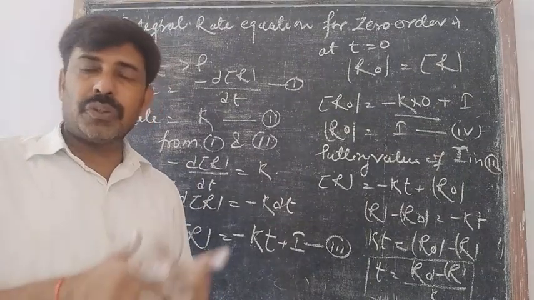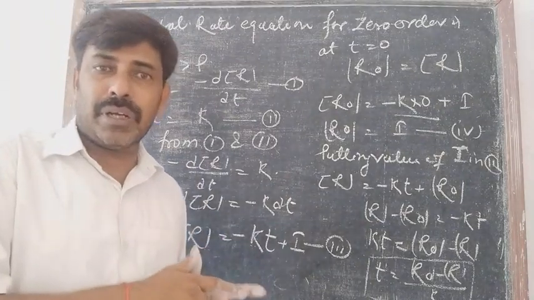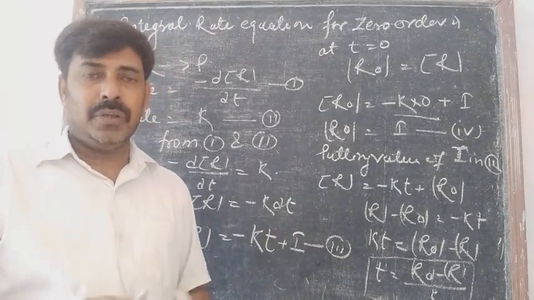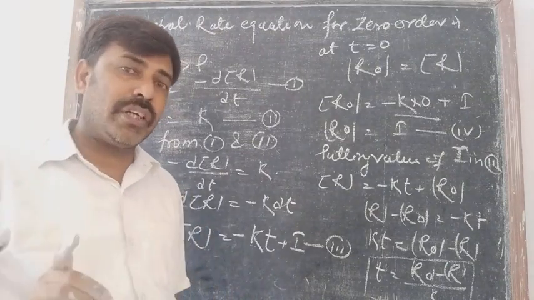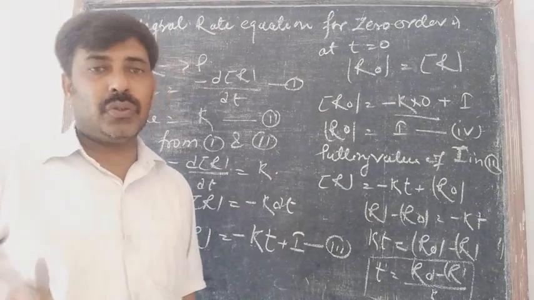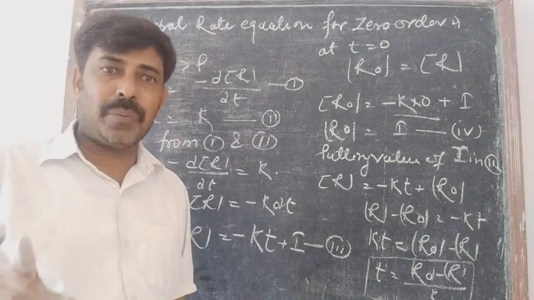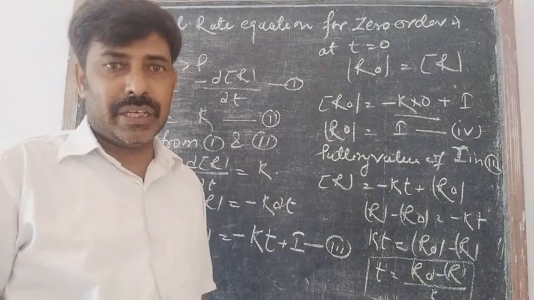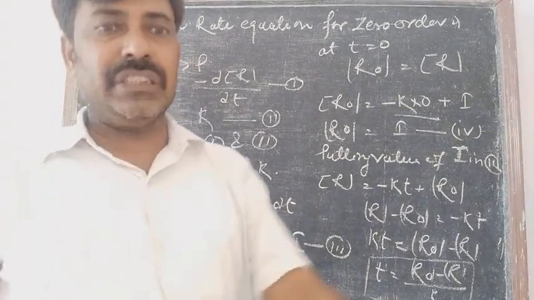So we are going to study the half life time period for a zeroth order reaction, because a zero order reaction has a constant rate. The rate is not going to vary, so surely the half life time period for the zero order reaction will vary with the variation of the initial concentration of the